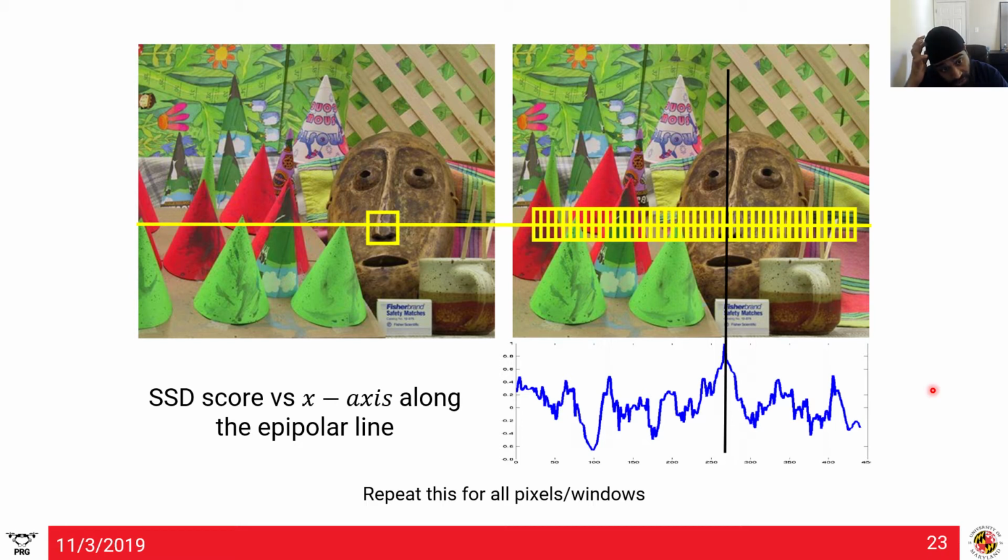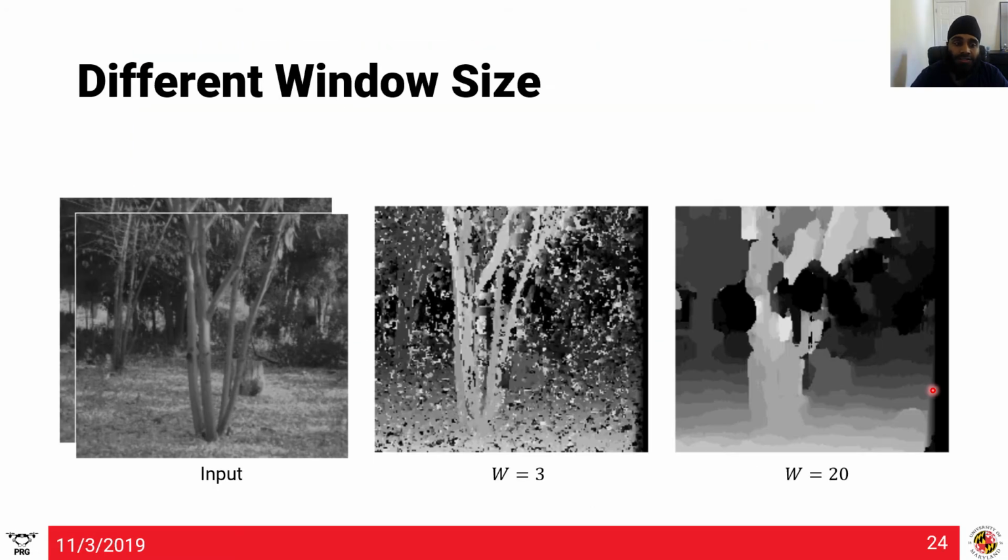So you have to make sure your window size is not too small or not too big. So there's a sweet spot depending on how far the objects are and what your processor, what your image size is, and things like that. So for example, if you have input like this, you have window size, let's say equal to 3. You see it's a sharper image, but there's a lot of noise. You can't understand. Let's say my window size is 20 now. So you see this got smoothened a bit, but it is very important to note that this is a much